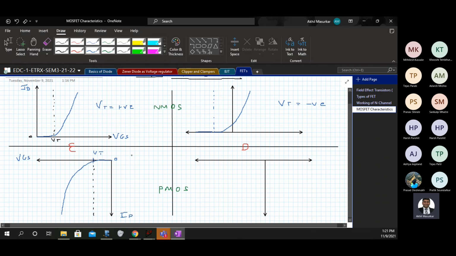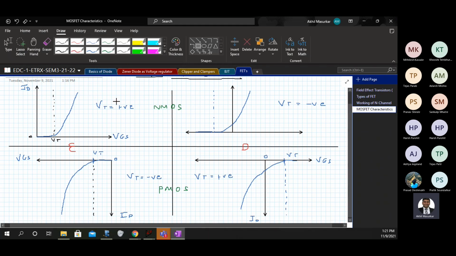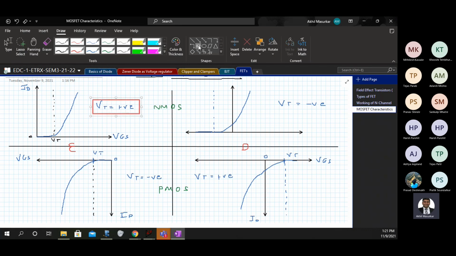So Vt is going to be negative, and after you achieve that voltage, your current is going to shoot up, and here Vt is going to be positive. So Vt here is positive. So these are the points to be noted here.